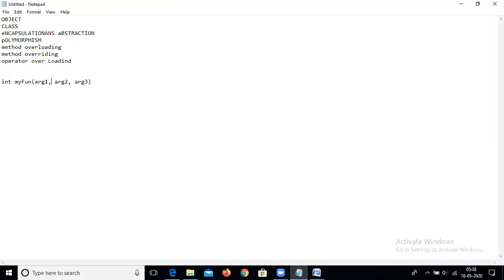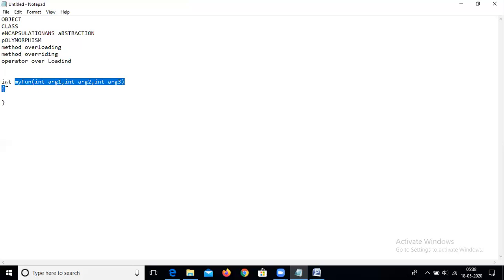There must be some type. In this way we can recognize the signature of a function. The function signature starts from myfun to the end. This is the function signature.